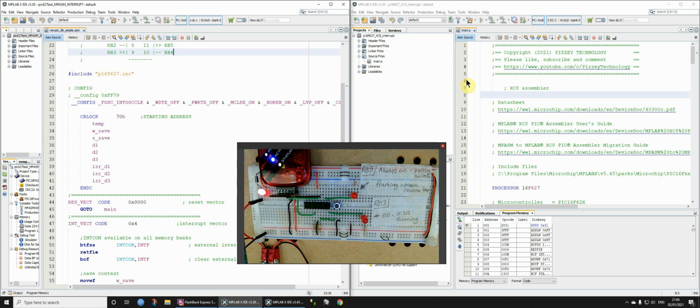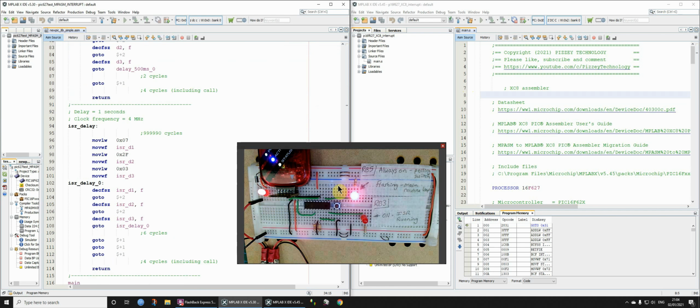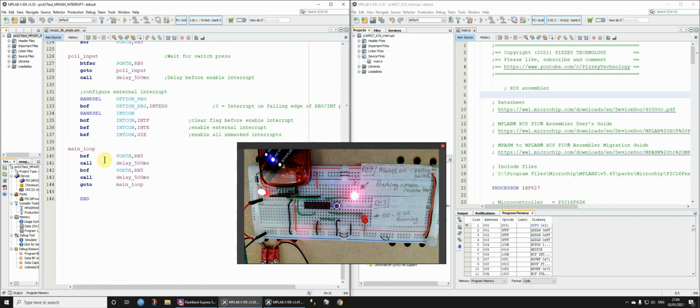So now we're in a loop, and let me show you the code. It doesn't matter whether we're looking in the old or the new, because essentially the code is the same, or broadly the same anyway. We've got this main loop here, and we're just turning a pin high, and then we're having a delay, and then turning it low by clearing it, and then having a delay, and then repeating, okay? So there's no further polling of the switch, but what we've done just before we enter that main loop, we've